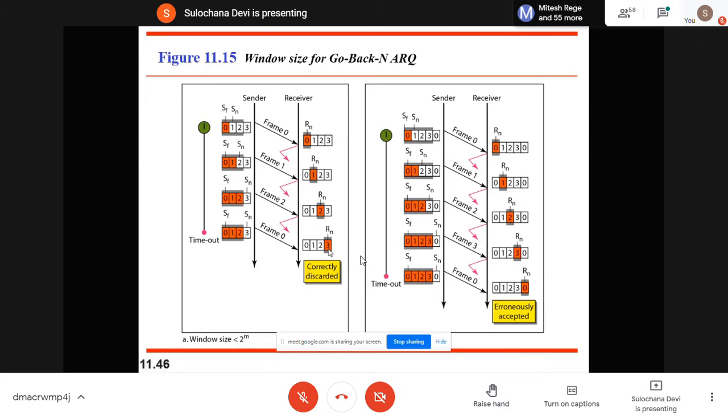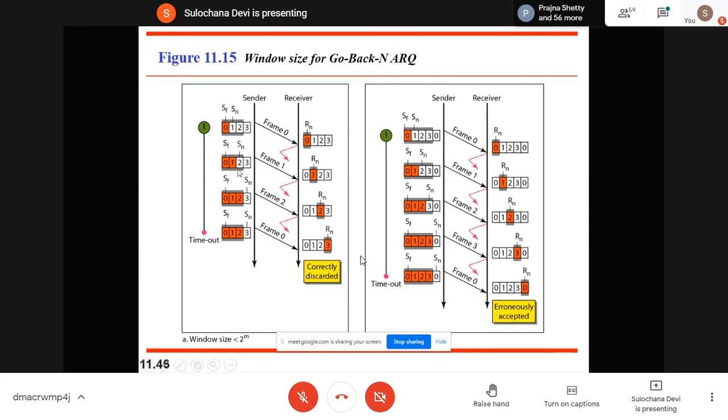This receiver can send cumulative acknowledgement also. If it is sending ACK3, it means I have received all your frames till frame number 3, that is, frames 0, 1 and 2. So the receiver will send an acknowledgement ACK3.